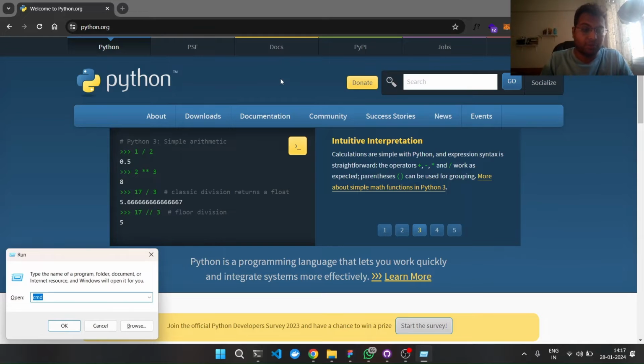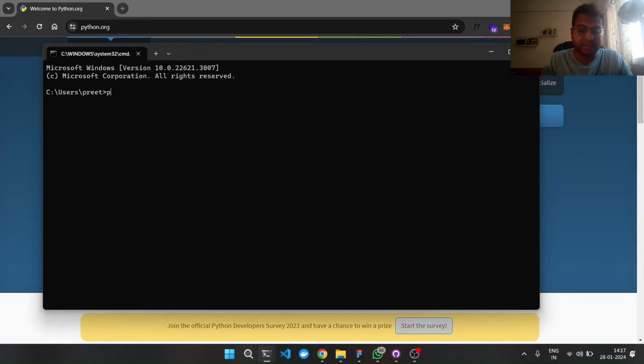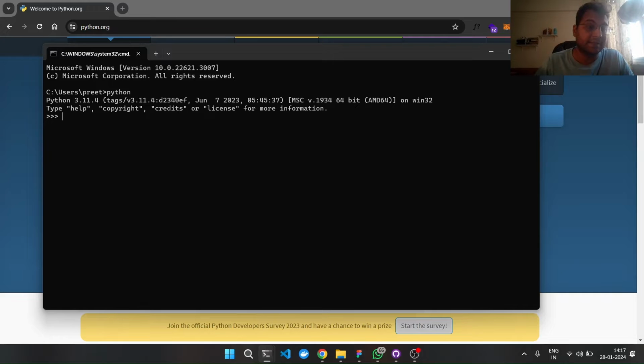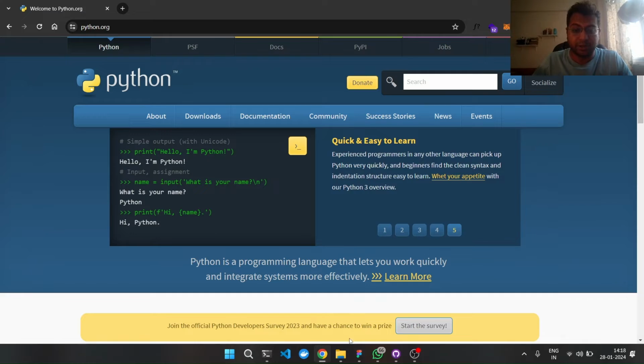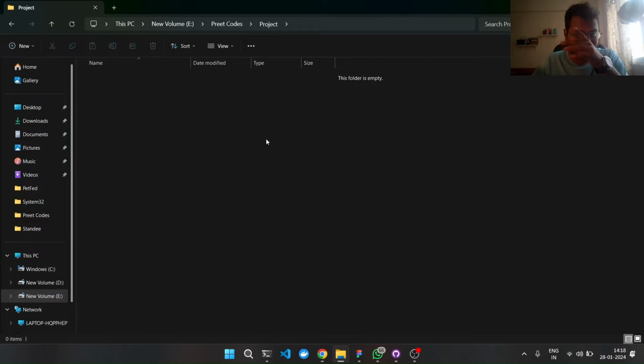Let's go to command prompt and see if Python has been installed successfully. Yes, as you can see in my system, Python 3.11.4 has been installed, and I'll just exit it. So now since we have Python installed, we're going to create a project folder like the one I have created, and we'll start building our first project, setting up the Django app, configuring it to run properly, and we'll run the server also,